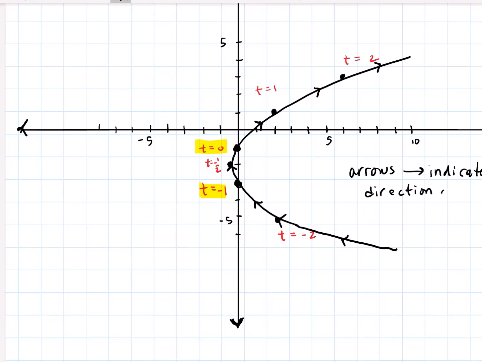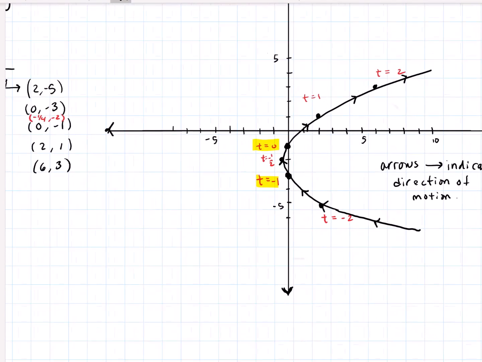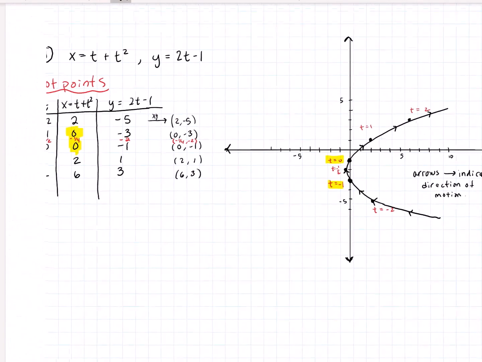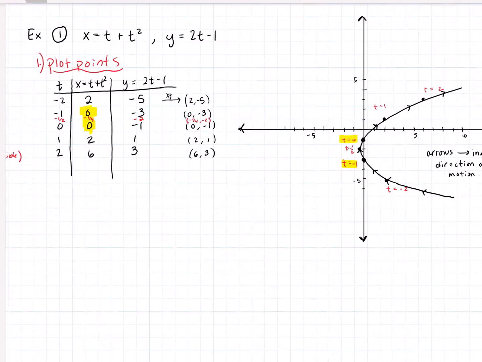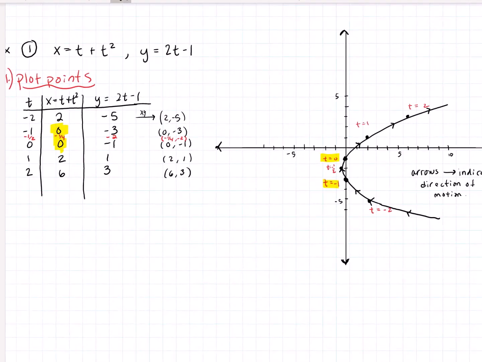So direction of motion. Now we can do all kinds of things, like if we wanted to, we could restrict the parameter, and we could say maybe we only want to look at this from -1 to 1. And so, let's make a part A here. So if I had a restriction on the parameter, and sometimes that happens, we might say that t is actually just going to be between -1 and